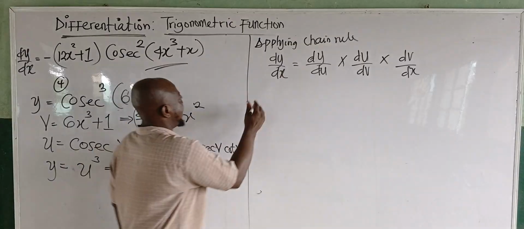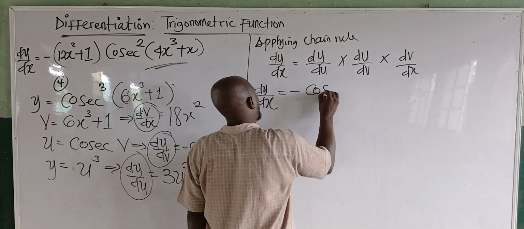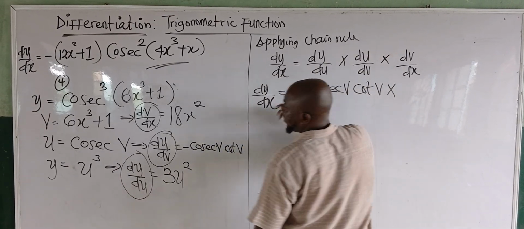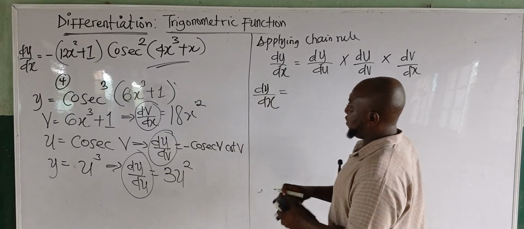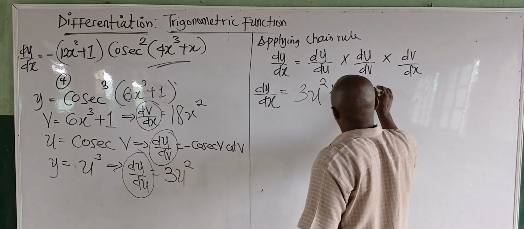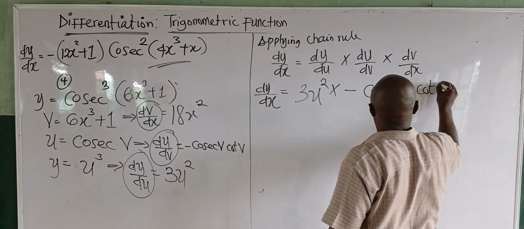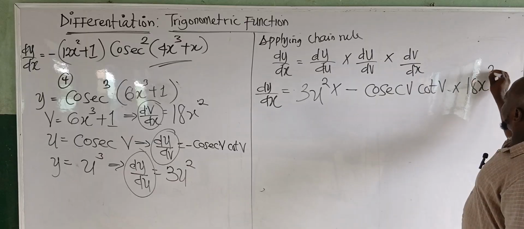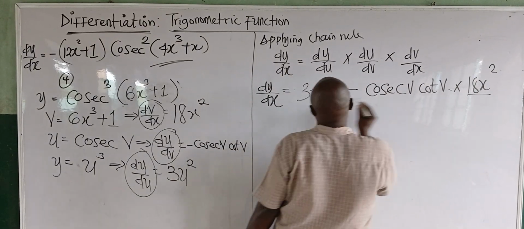Pick this value first. So we say that our dy over our dx here will give us 3u squared, times du dv. What's my du dv here? First value, dy du, please, is this one, 3u squared, times this one now, cot v will give you, that's du dv now, will give us minus cosec v cot v, times my dv dx. My dv dx now is 18x squared here. So what do I know going forward now? I can multiply this and this. But first,